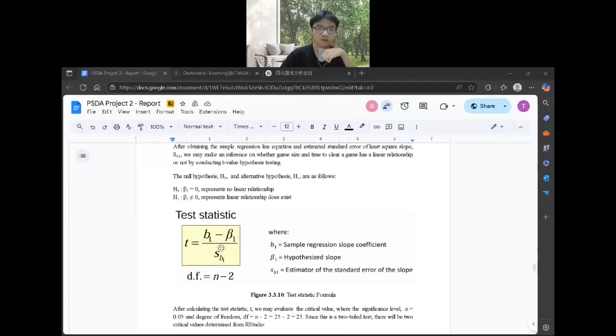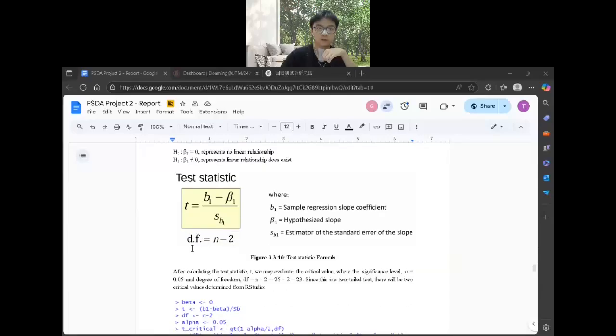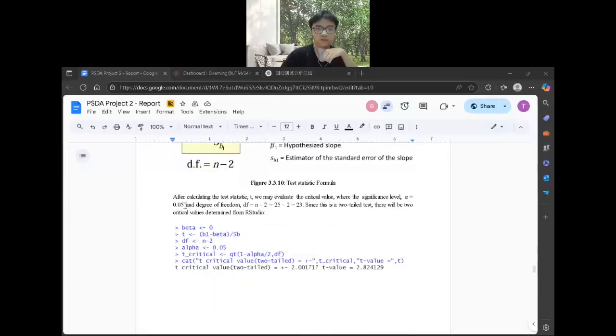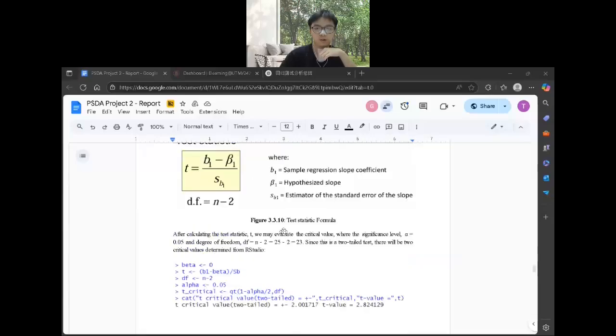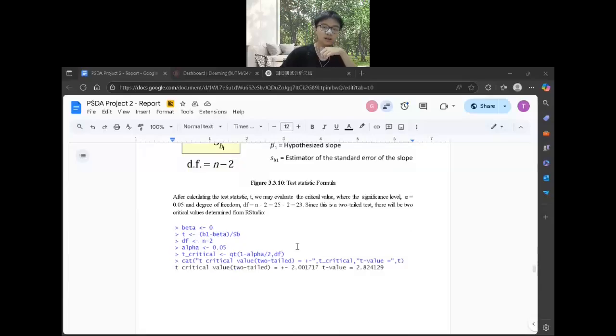So this is the formula for the test statistic, and df is the degree of freedom to find the t-value. After calculating the test statistic, we may evaluate the critical value. We have the significance level, where alpha is 0.05, and the degree of freedom we get is 23. And the t-test is a two-tailed test, so it will have two critical values, positive and negative